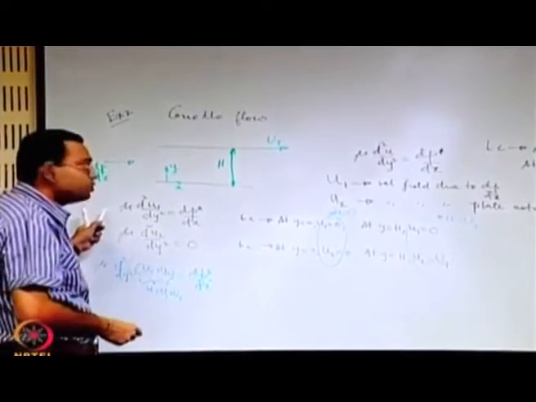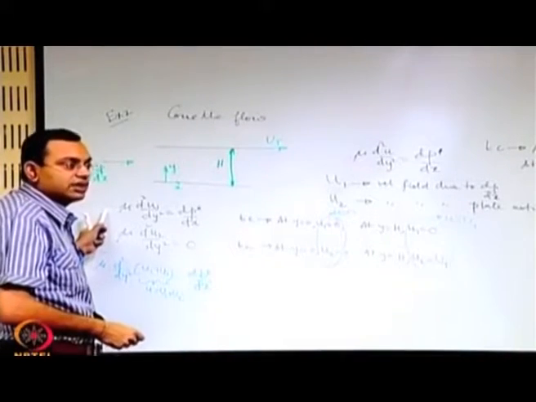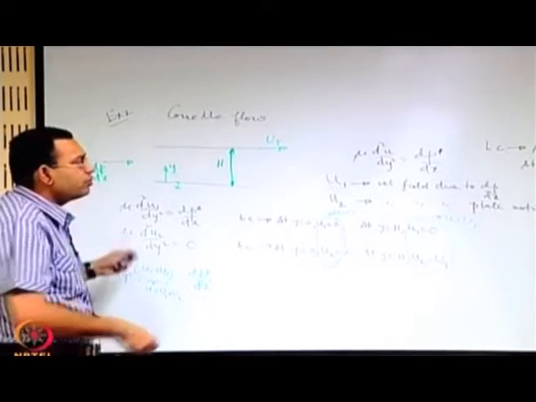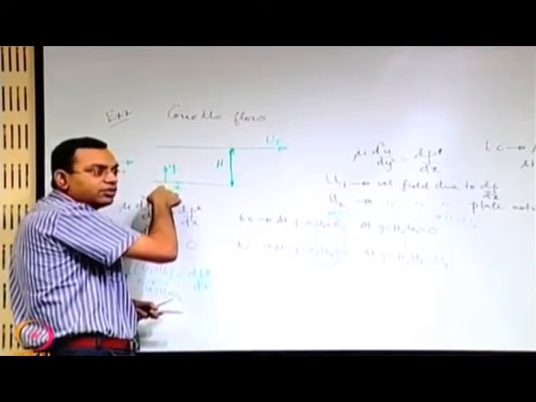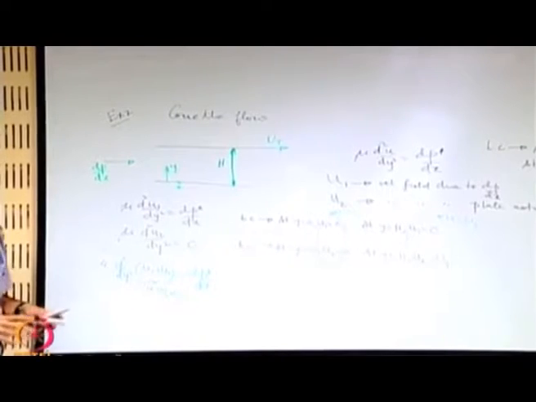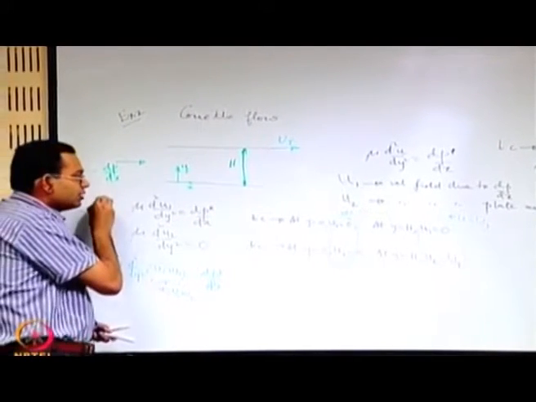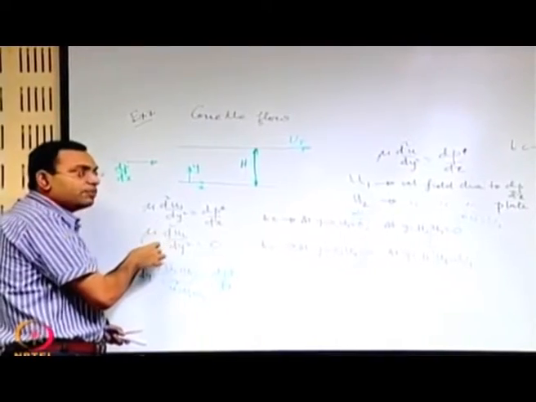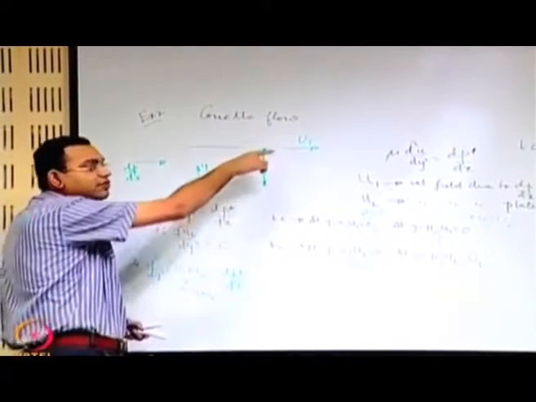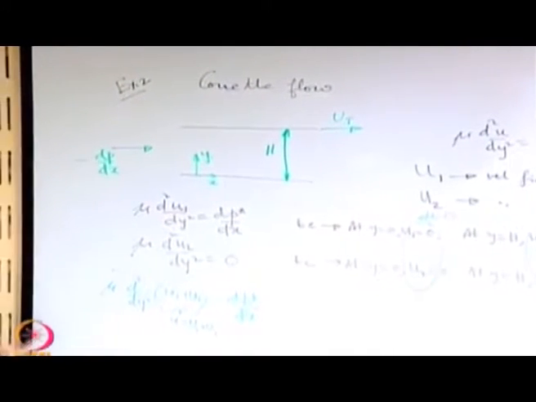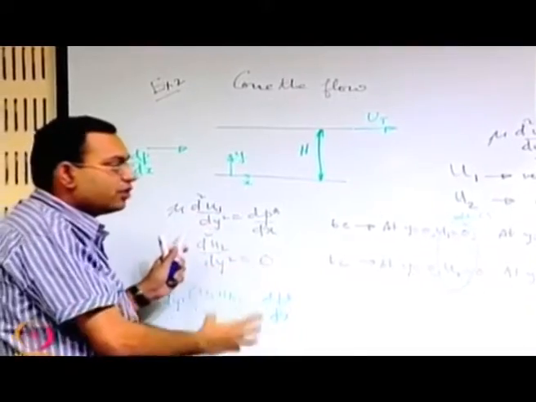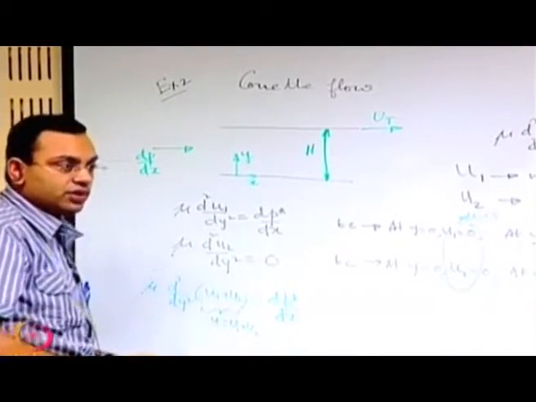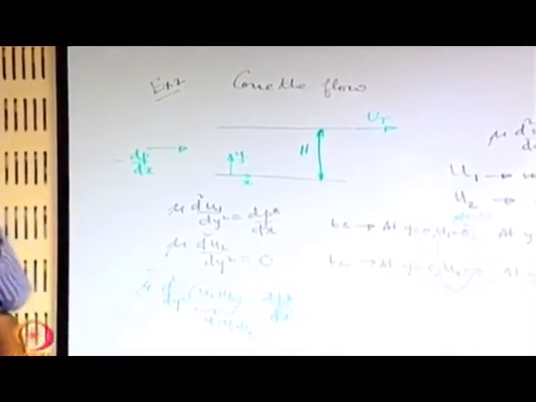See, the first problem with u1 is what we actually solved yesterday, that is the Poiseuille flow problem. Only the coordinate axis we have shifted from the center line; we have taken y equal to 0 as the bottom plate. That is just a cosmetic change, in principle it changes nothing. So, that problem is there as one part, and the second part with u2 totally isolates the effect of the motion of the plate. So, you are now in a position to pinpoint the effect of the plate from the solution of the u2 problem. So, let us quickly solve the u1 and u2 problems.